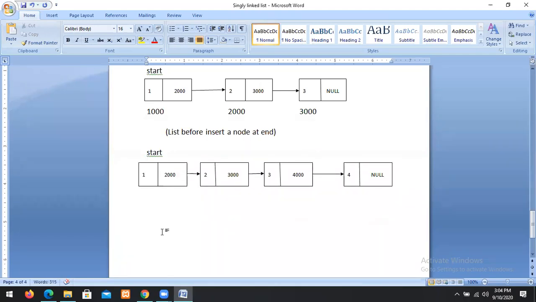So this is my new list. The first node, second node, third node, like this we go to the last node. After that, we can insert the fourth node. This is the address of the first node.